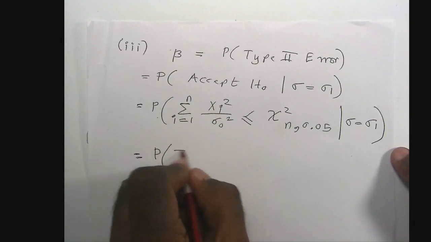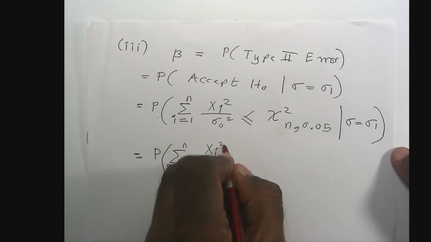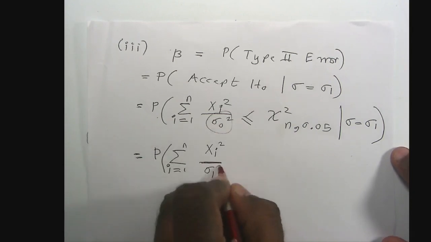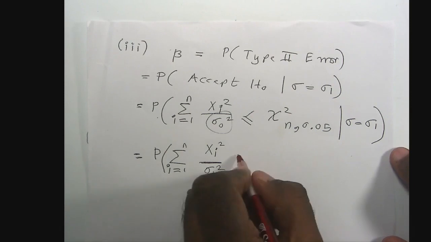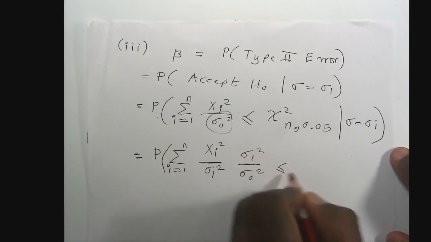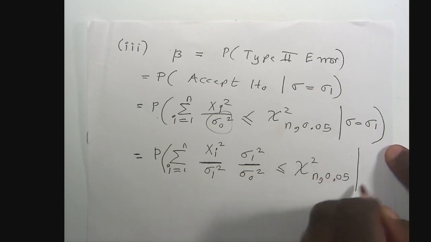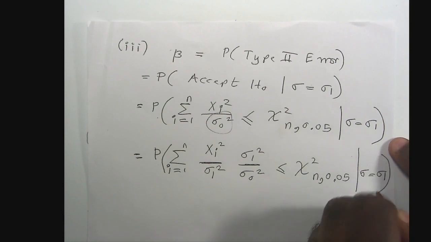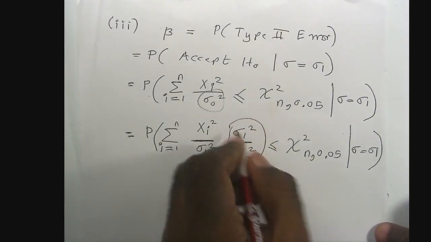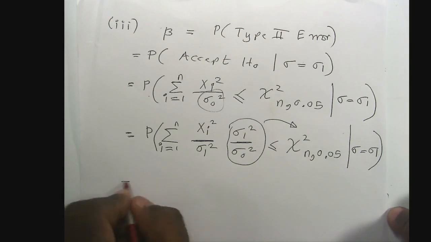You must replace this guy here by the true value of sigma, which is sigma 1 squared, right? Because of that, I need to multiply by the same and keep this. You'll see in a minute why I'm doing this. Okay, now I'm going to take this factor here to the right hand side. So this becomes